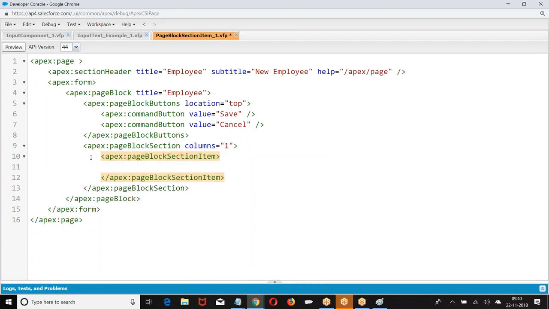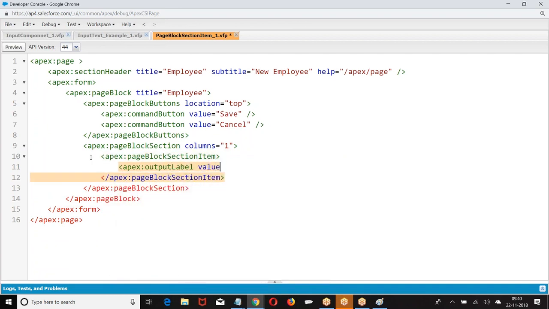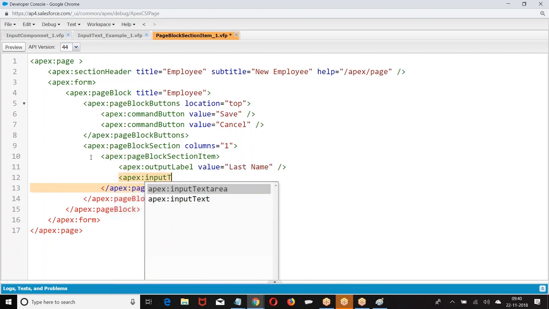So we have page block section item, page block section item. We are supposed to create label, input, input. Similarly, this is one element.